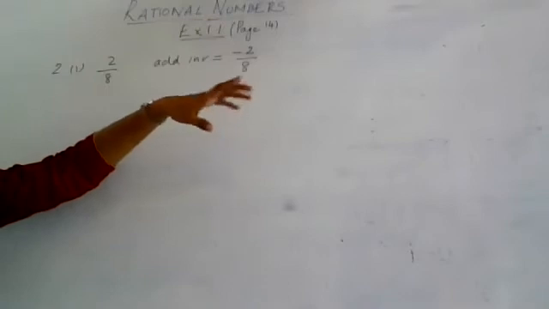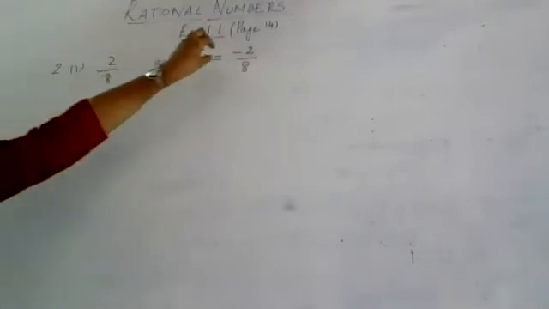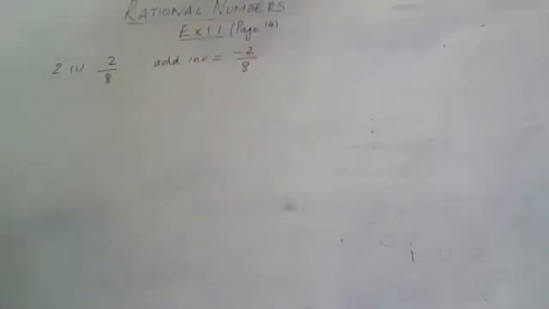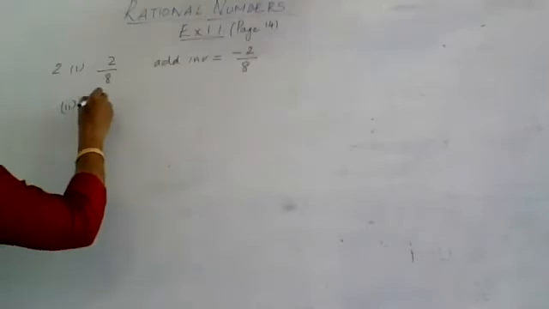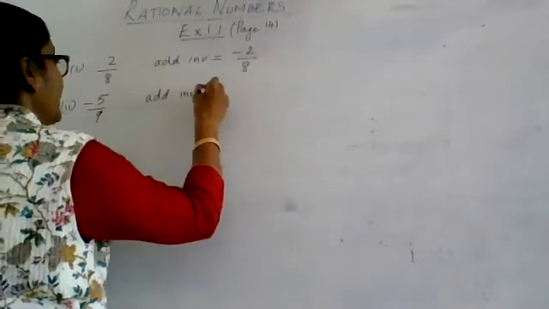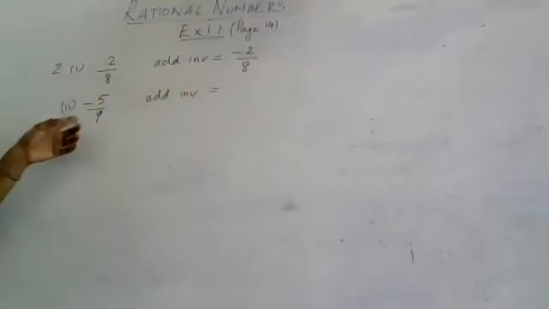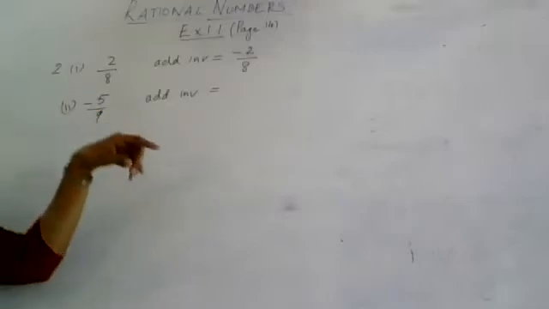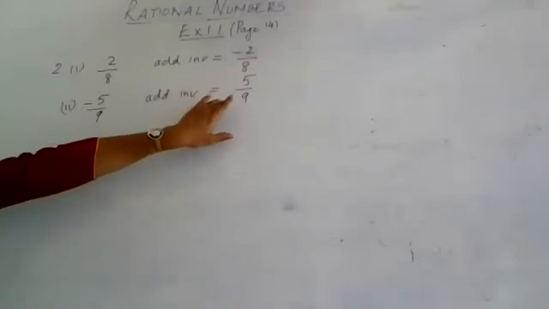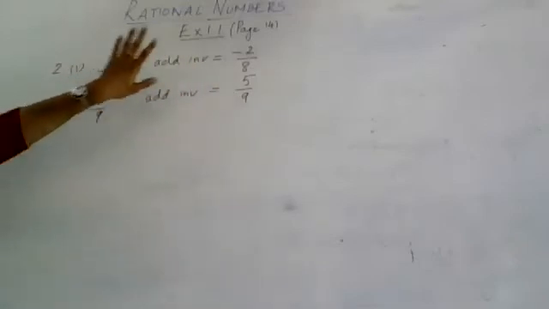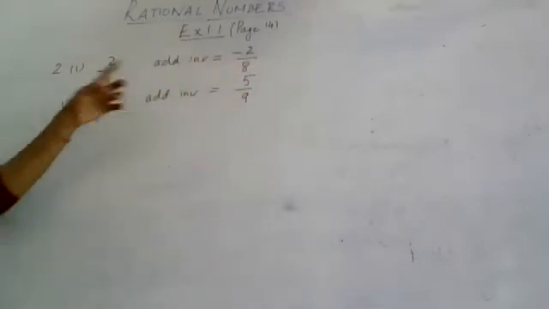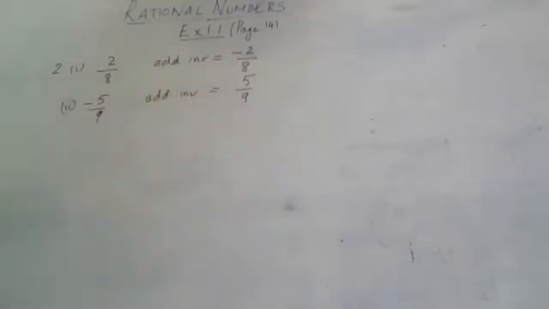So to get the additive inverse, what did I tell you have to do? Just introduce a negative sign to the given rational. You will get its additive inverse. Now suppose my given rational is negative 5 by 9. What will be the additive inverse? Already it has got a negative sign there. It is a negative rational. So its additive inverse will be a positive rational. You just have to remove that negative and write it as positive. If you are given a positive rational, you should write the additive inverse as the negative rational. If you already have a negative rational, remove that negative, you will get its additive inverse.